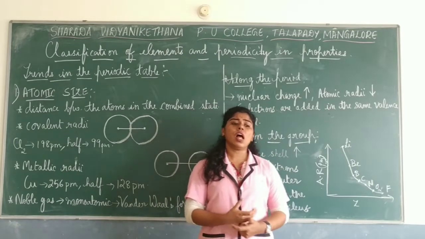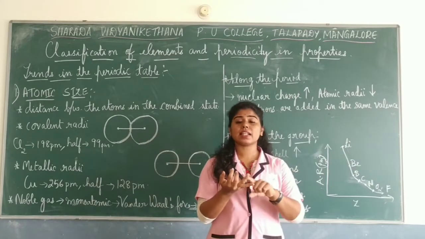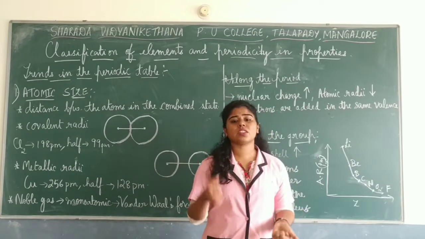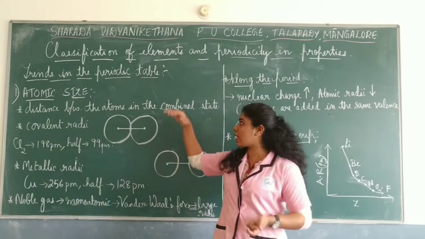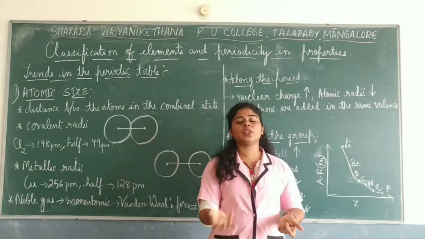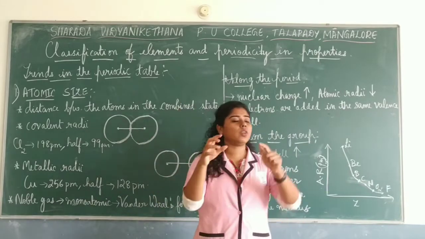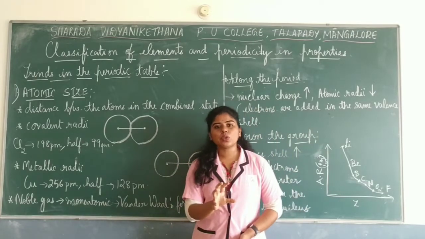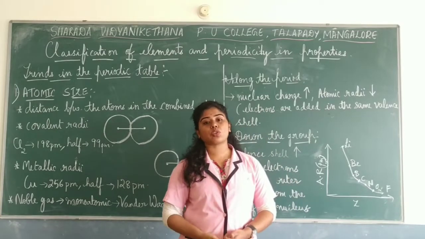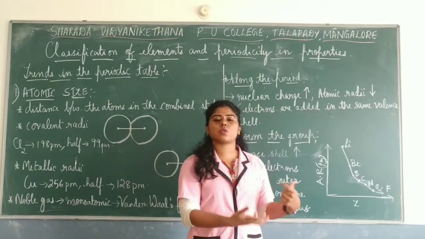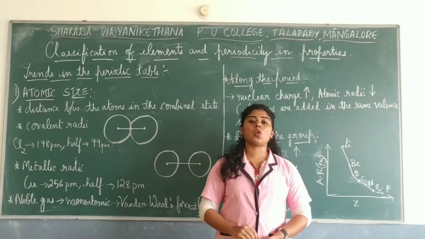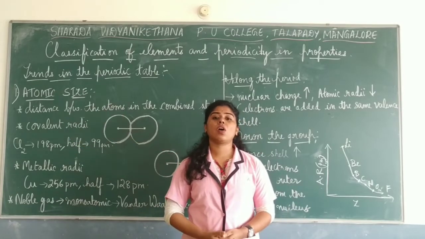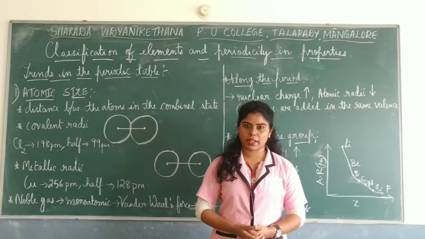So what do we do? First of all, it is small in size, and the second part is they don't have a clear boundary. Through different methods, they really don't have a particular boundary. We say there are shells and all, but when you see it practically, you don't find that exact boundary till where we have to find the distance. No, it is not possible. So we try the spectroscopic methods like X-rays and all. We use spectroscopic methods and then find out the distance from the nucleus at the center to the outermost shell.